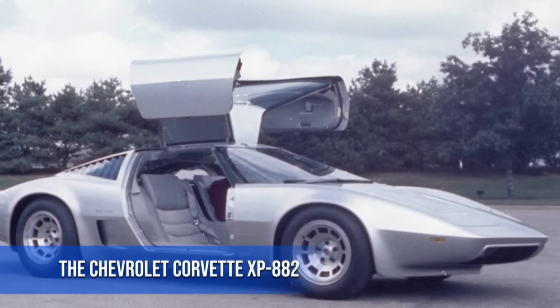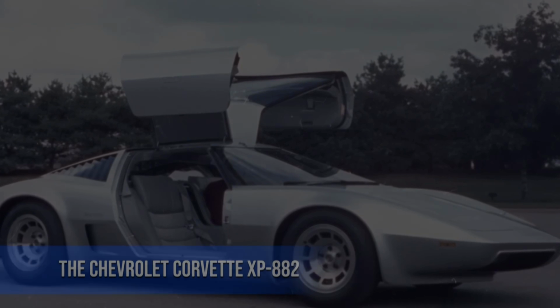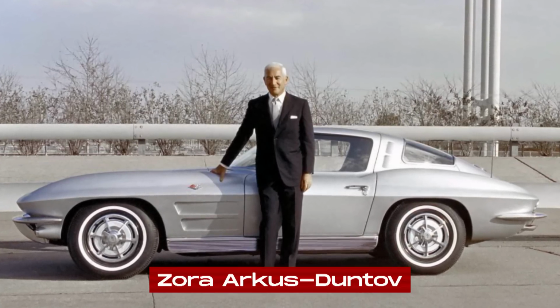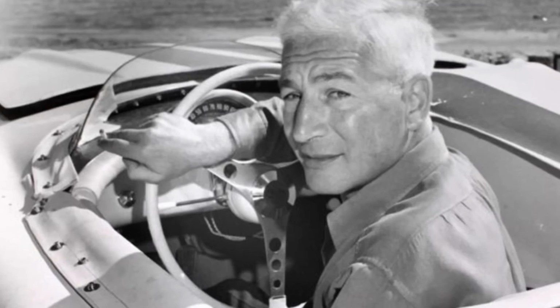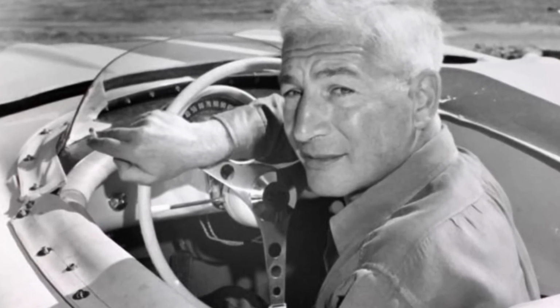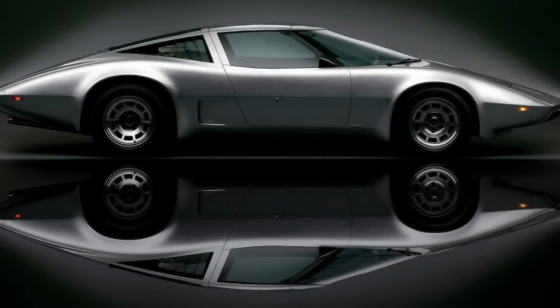The Chevrolet Corvette XP-882 was a groundbreaking concept car born from the relentless pursuit of Zora Arkus-Duntov, the renowned father of the Corvette. Duntov had long dreamed of creating a mid-engine Corvette, a vision he had been chasing since the early 1960s. His earlier work on the CERV, Chevrolet Engineering Research Vehicle, laid the foundation for exploring mid-engine layouts and cutting-edge technologies